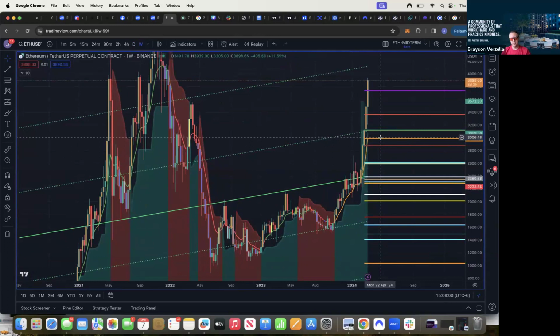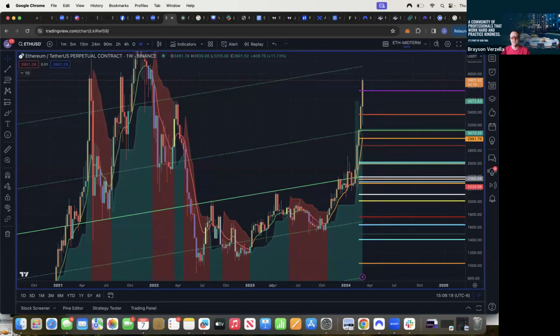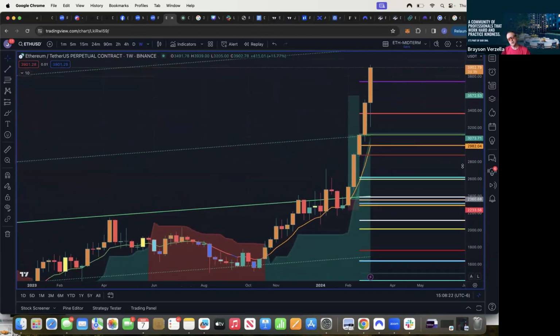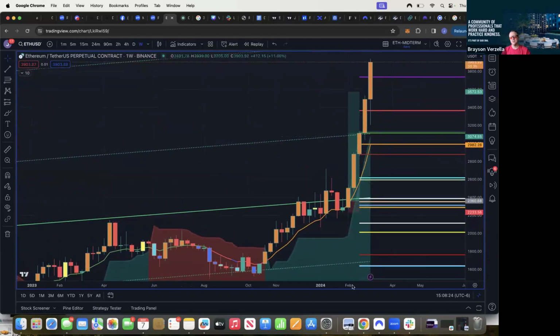So we have to be prepared for Ethereum to come back down to earth, even if it is destined to go to 7,000. It's just like, what kind of game are you playing? Are you buying actual Ethereum with the expectation of, I just want to be in a good place in 12 months? Well, you have plenty of time. You could probably get away with buying $4,000 Ethereum if you're okay feeling like you're upside down